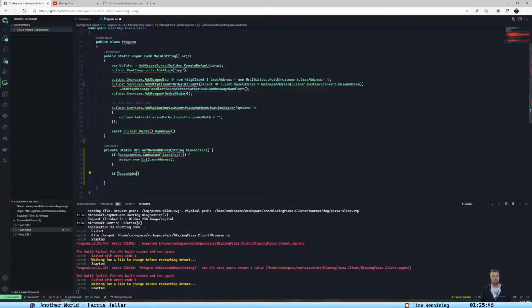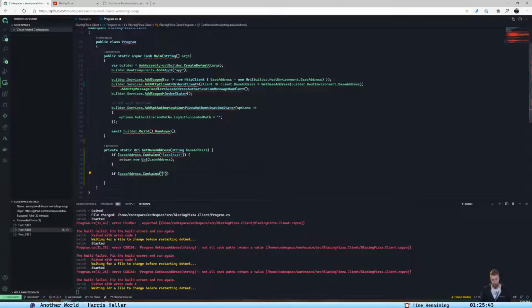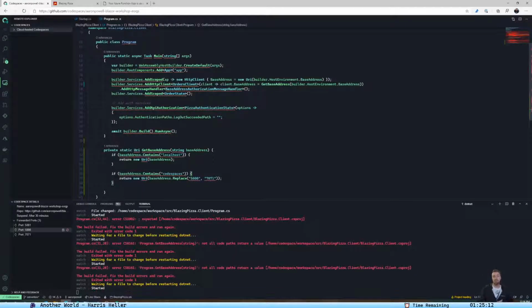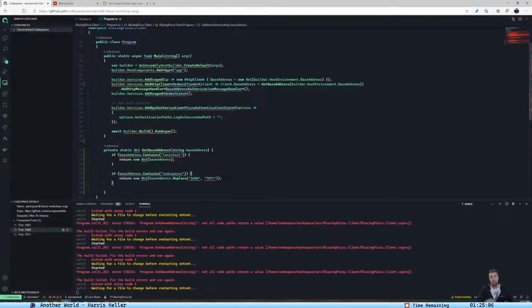If base address contains code space, is it code space or code spaces? Code spaces. Return new Uri, base address dot replace 5000 with 7071. So this base address here that I'm getting is what's used by the API to work out where it needs to go for the API endpoint. So yeah, if it's running on localhost,